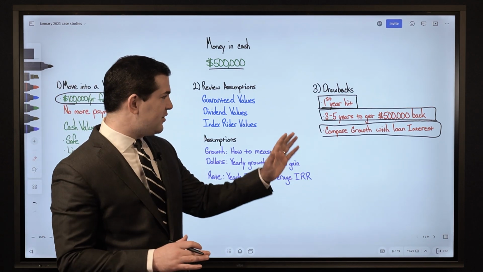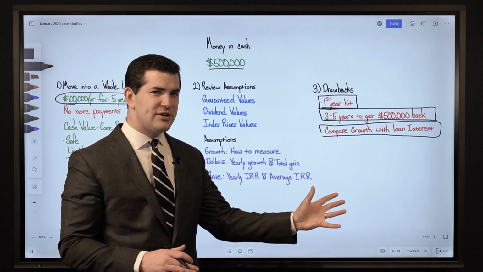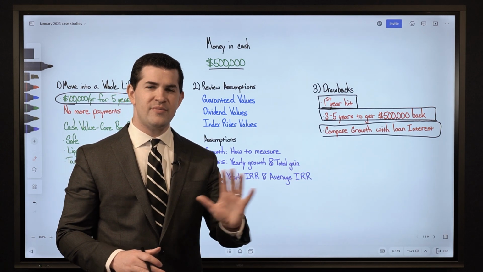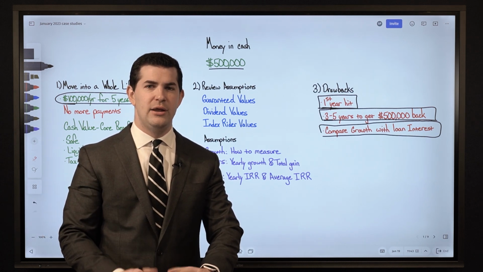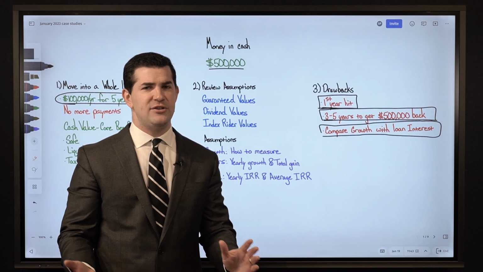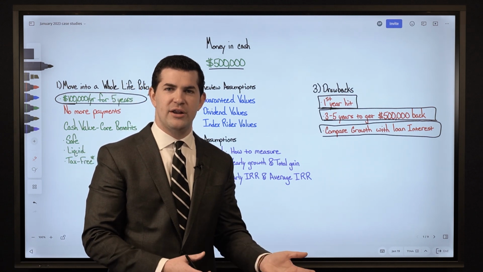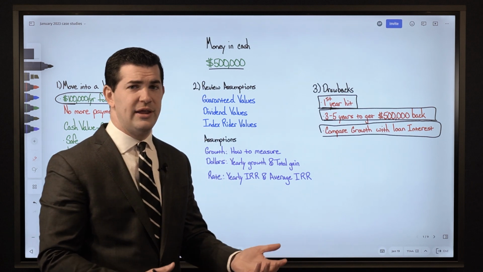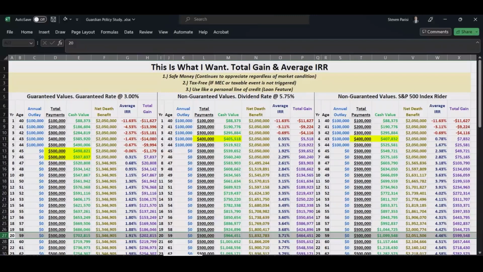But when we look at that loan interest, the rate's great. However, what's the actual dollar amount that I have to pay, and then allow me to compare that with the growth rate to simply see, am I paying more in loan interest than what the insurance company is crediting me in interest? And in the early years, I'm going to be upside down because I have a negative hit in my money. So what we'll look at, we can look at it on an illustration when we run actual loans.